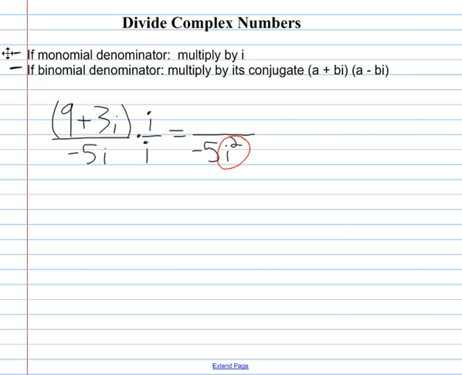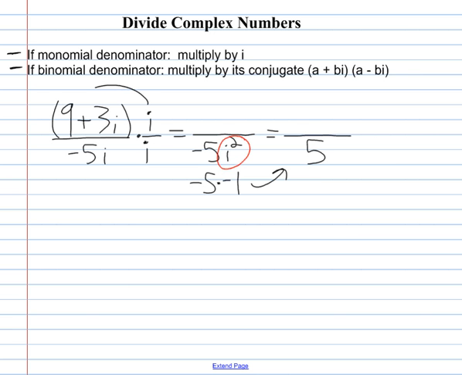So i squared is negative 1. So this is now negative 5 times negative 1, which turns into just regular old real 5. So that's why we multiply by an i, because that i is going to combine with the other i and no longer be imaginary. So we achieved our goal for the denominator, and then we just need to simplify our